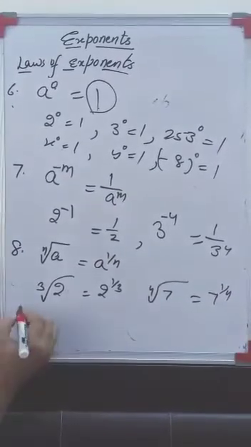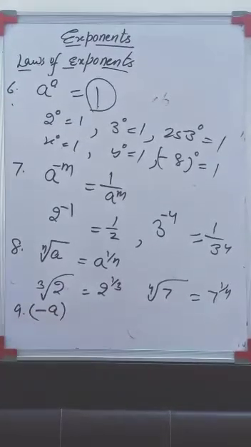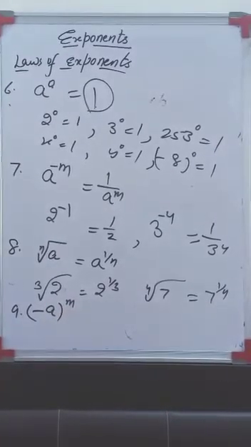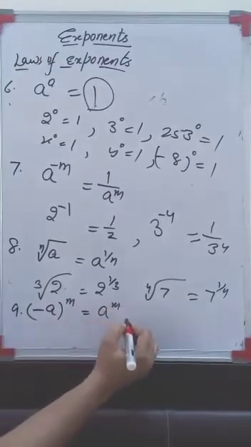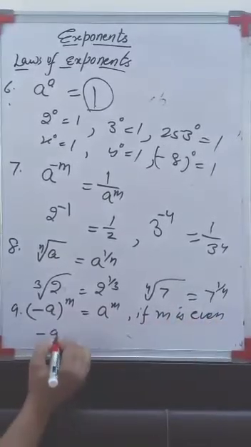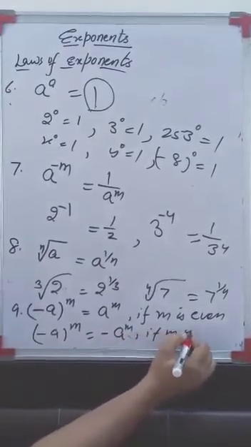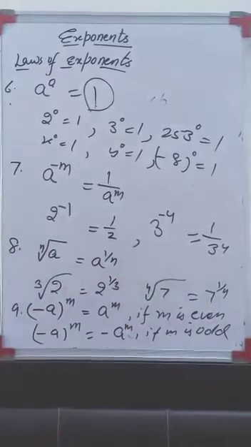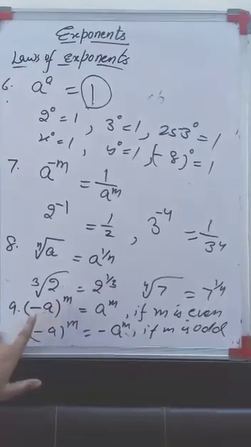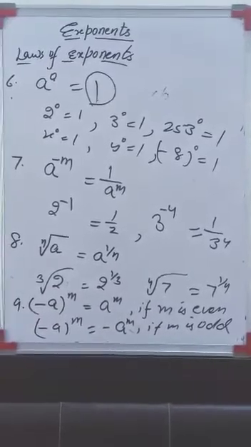And your last rule, the ninth rule, is: if a negative number is there and its power is m, then minus a raised to power m will be equal to a raised to power m if m is even, and minus a raised to power m will be equal to minus a raised to power m if m is odd. What do you mean by that? See, if it is even, like 2, 4, 6, 8, then your minus sign will become positive, because minus 2 square is 4. Minus 2 raised to power 4 is